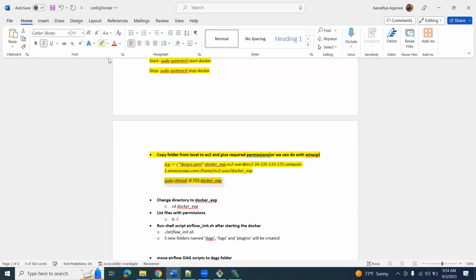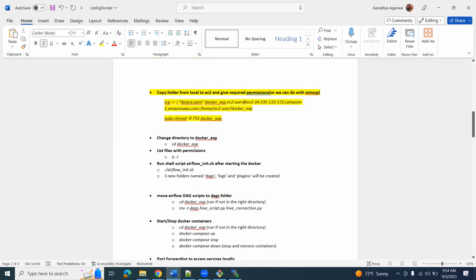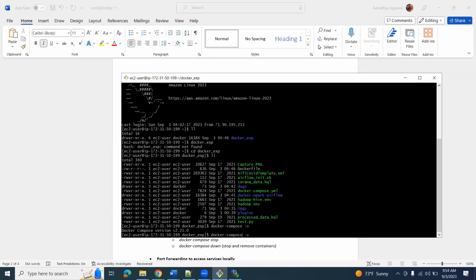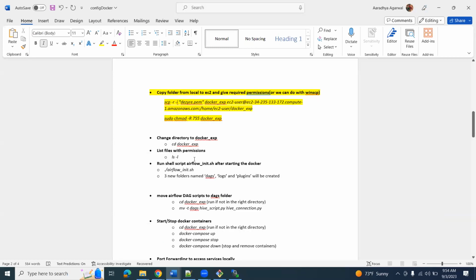Okay, next I have to go to the Docker exp folder. So cd. Okay, we are already in this. I'm already in this Docker exp. And here the next installation is airflow init.sh. So airflow init.sh, when you run it,